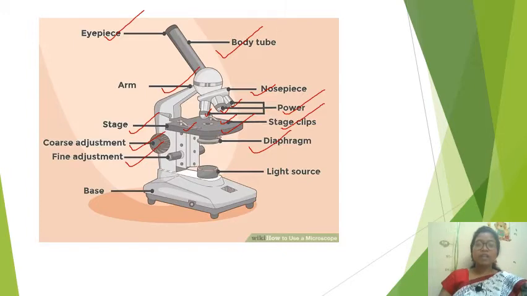This is another tube like structure which you will rotate for viewing the particular material or slide properly. And this will give you light. So this is light source. This also you can rotate, and this is the base. Okay, so arm is the part by which you carry it. You should not carry it through the eyepiece or the eye tube. You should not hold the nose piece. So this is the way you should be carrying the microscope.